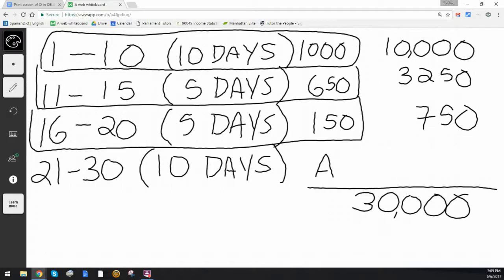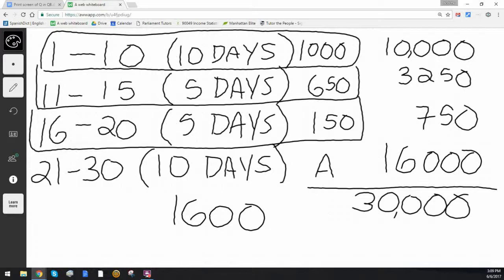That means that the total, if you add up all of the days between the 21st and the 30th inclusive, add up the amounts each day, it equals $16,000. Since there are 10 days, it means there must have been